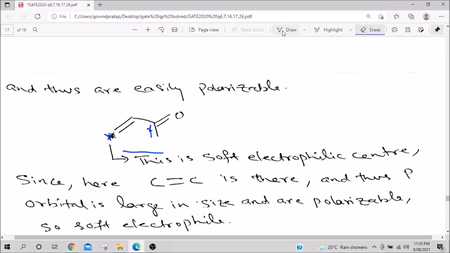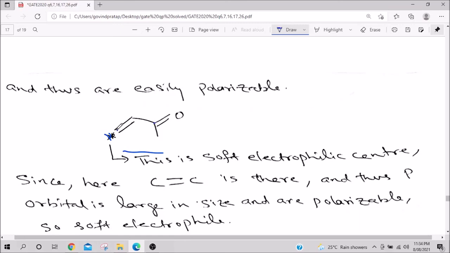Now we are talking about a soft nucleophile, because CH2 minus is attacking. This carbon is attached to oxygen. Oxygen is electronegative, so it pulls the electrons towards itself. So, the whole lobe becomes smaller, the bonding orbital, the anti-bonding orbital becomes very small. That is why it is tough for a soft nucleophile to attack here, because this becomes hard. So, remember, the carbonyl carbon is a hard center, but this one is a soft center.